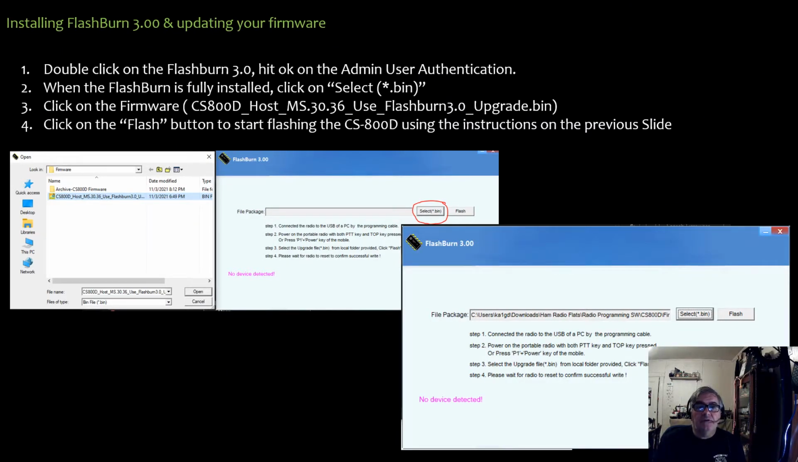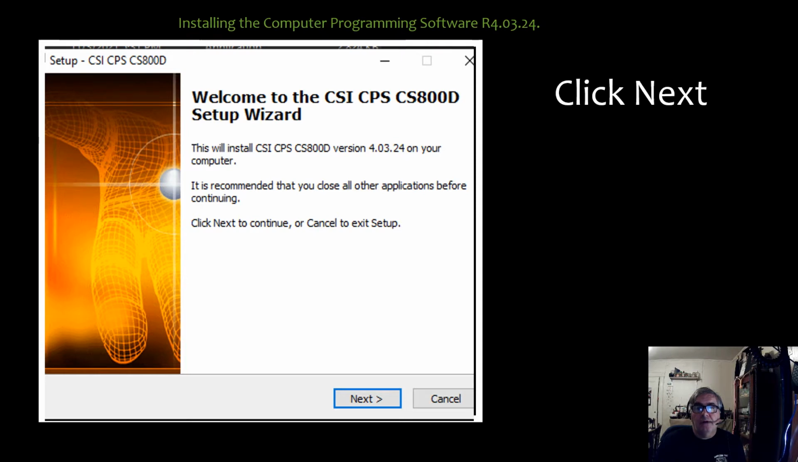Again, to use FlashBurn, you click on select bin, choose a firmware from the directory, hit open, and then you hit Flash. Okay. To install the